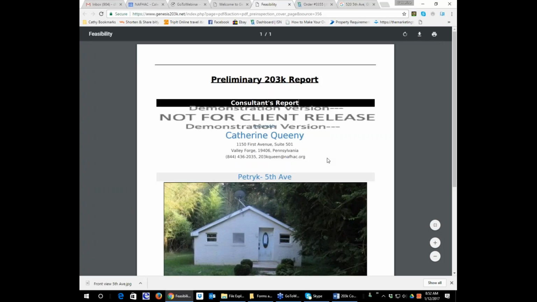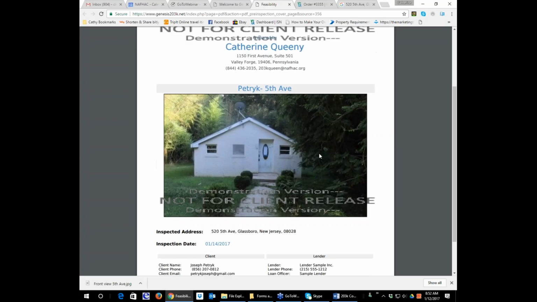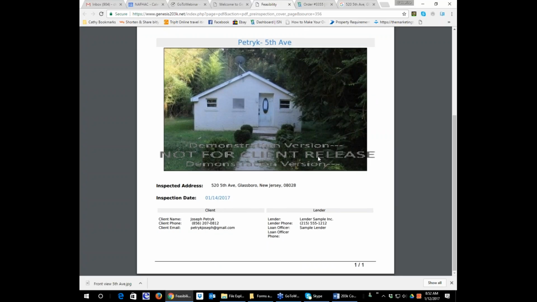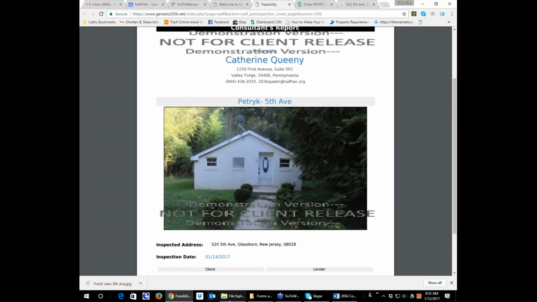Okay, so now this is a demonstration version, not for client release, because I'm in a test program for Genesis, and I want people to see that if you have not received your full membership, this is what it looks like when you print reports. Okay, you can use Genesis exactly seamlessly. However, when you go to print reports, this is what will show up. So this is a demonstration program because this account that I'm using is not an activated account. And so you can see that on that page it will show up like this. So now on my live version, which I can show you,